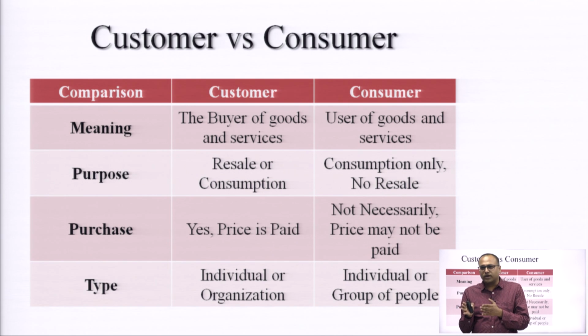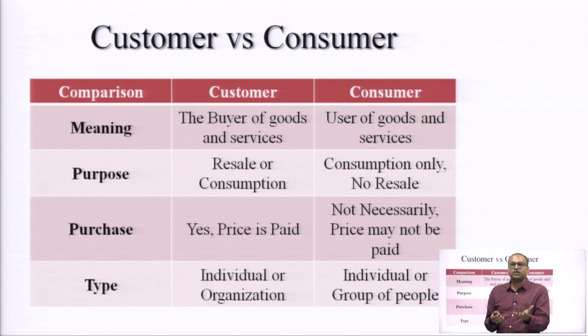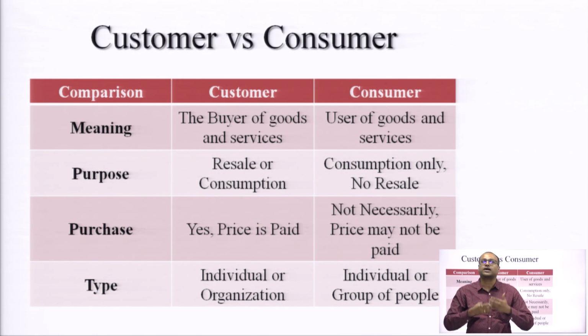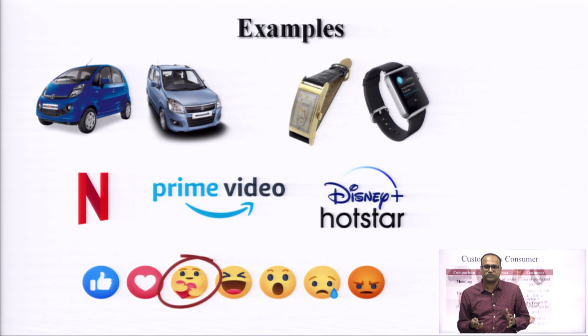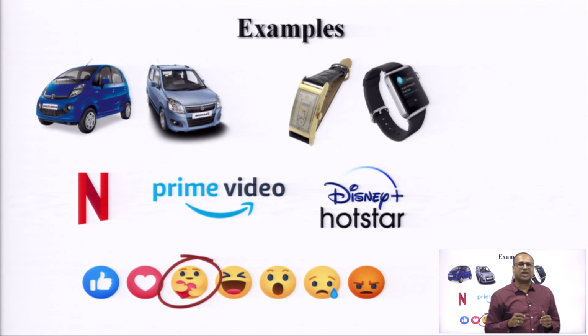When we talk about a consumer, what does it say? It says they are individuals, fine, I am consuming, I am a consumer. It could be a group of people also. Therefore, in the same example, the company is buying laptops for the employees. Employees are a group of people. So, that is the consumer. They have not bought the product, they have been given the product by the company. So, they are consumers. Yes, it is hard to understand the difference right away, what is customer, what is consumer, but as we discuss this in detail, as we discuss their behavior, you will find the difference. Right? Moving further, I have certain examples to share.